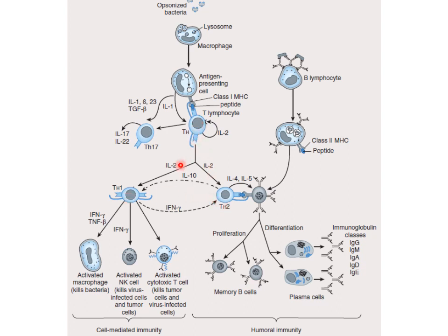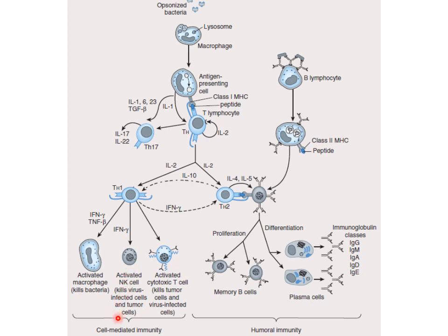The TH cell also secretes interleukin 2, which will act on the TH1 as well as on TH2. So by the action of interleukin 2 on the TH1 cell, the TH1 cell secretes interferon gamma and tumor necrosis factor beta, and interferon gamma and tumor necrosis factor beta act on the macrophage, and the macrophage becomes activated. It is just like the conversion of Bruce Banner to Hulk. So the resting or inactivated macrophage becomes activated.